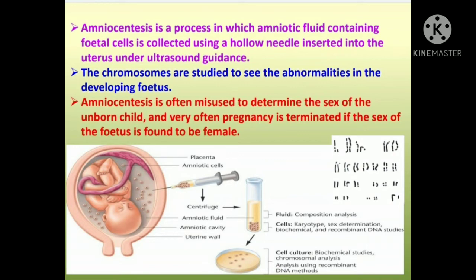Under the karyotype, the specialized person will see whether all the genes, all the genetic makeup of the baby, is perfect enough. If it is not, then the risks associated with amniocentesis can be seen, like miscarriage could occur, needle injury to the fetus can occur, then leaking of the amniotic fluid or infection may occur. These are the risks at the time of doing amniocentesis.